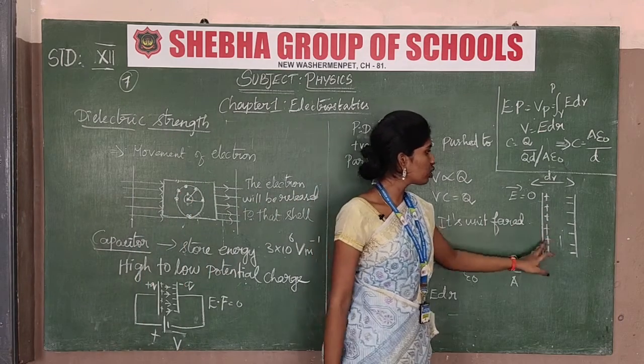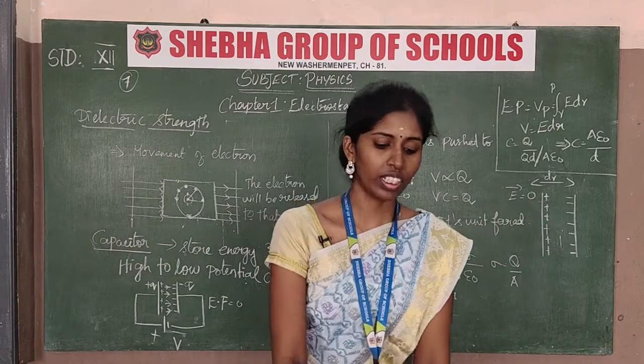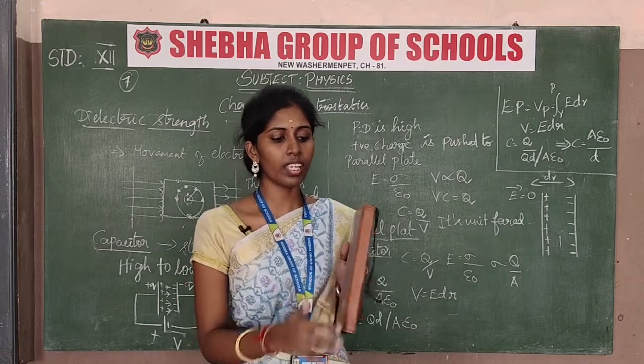So we take two objects. One is two parallel plates, because we take this book, here this is a plate